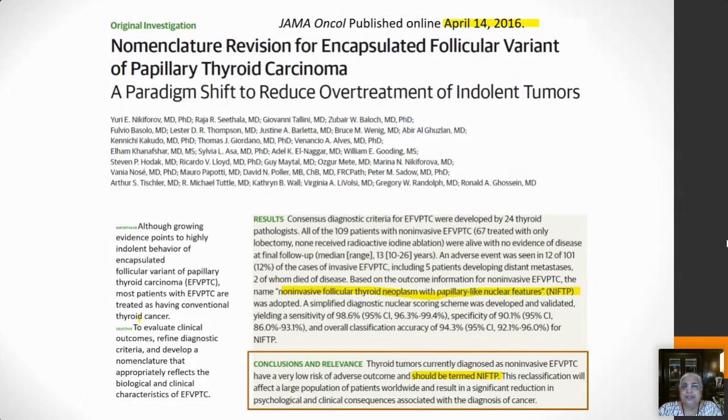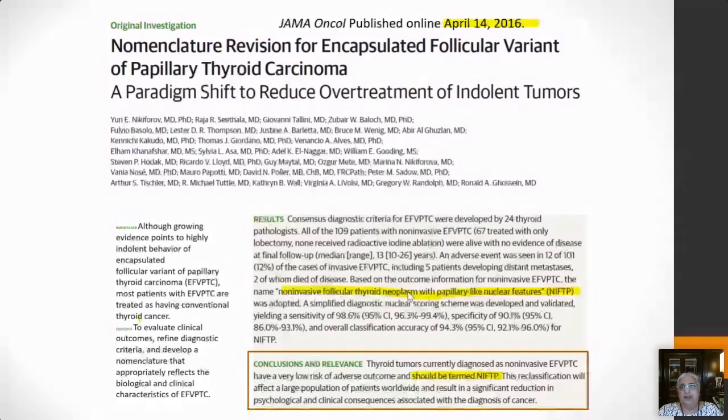And my prayers were answered because all of you are now aware of this paper that came like a bombshell, published in JAMA Oncology on April 14th, 2016. I cannot forget that date because it said nomenclature revision for encapsulated follicular variant of papillary thyroid carcinoma. And it says over here, a paradigm shift to reduce overtreatment of indolent tumors. And what did they recommend? That these tumors should now, or henceforth, be called non-invasive follicular thyroid neoplasm,